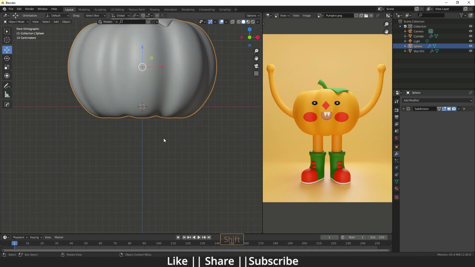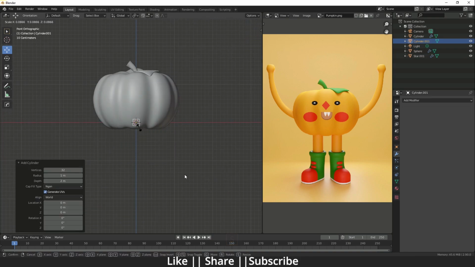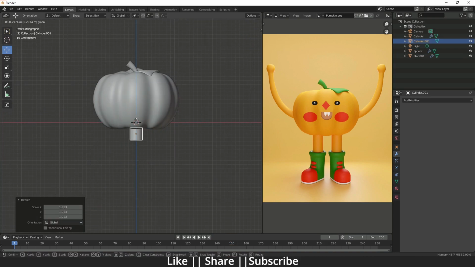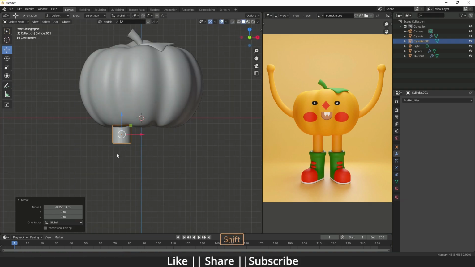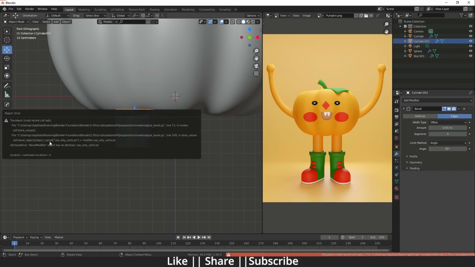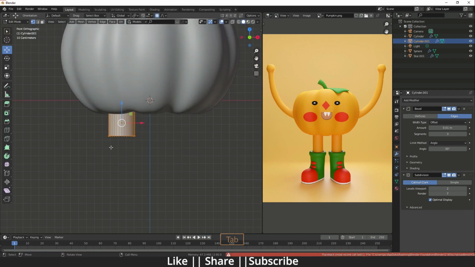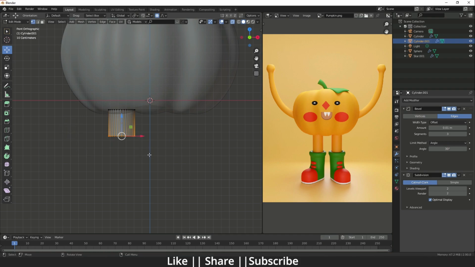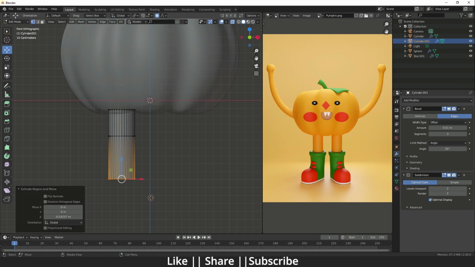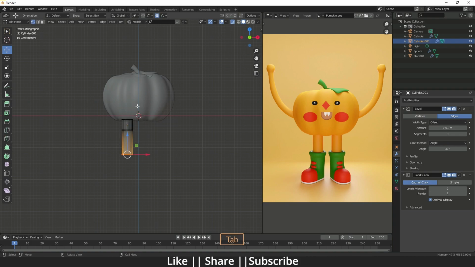So for making the leg part I will use the cylinder, and I'm just going to scale this part something like this, and we can keep it here. So first of all I'm just going to use the bevel, and then I'm just going to add the subdivision modifier pressing Ctrl 2, and then we can just extrude it pressing E and then extrude. So I think that's fine. We can increase the side a little bit more. Yeah,